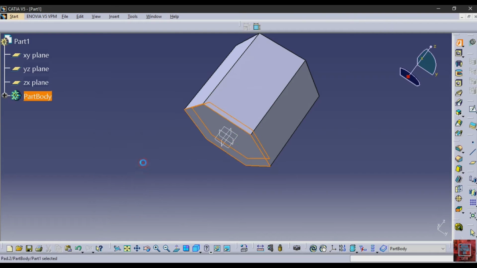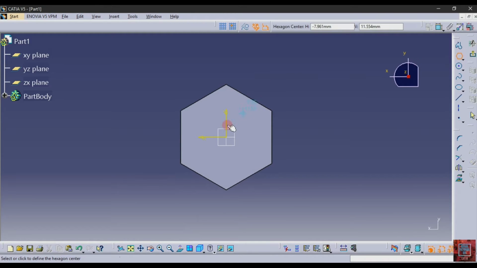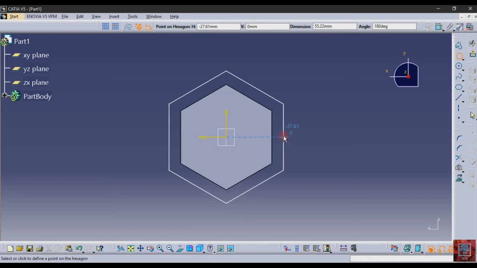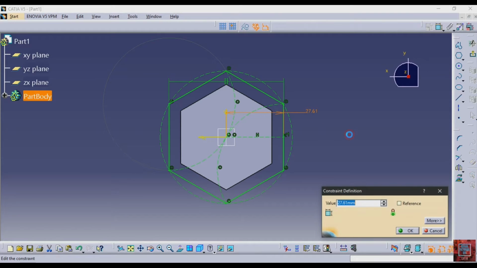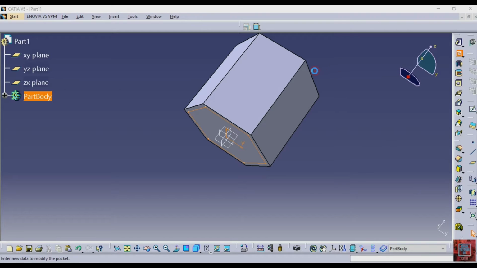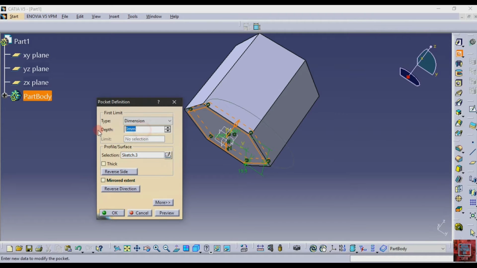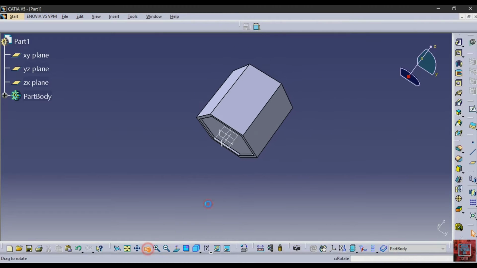Preview. Okay, this side is ready, and then again select this XY plane, then Sketch, then select the polygon hexagon, make a hexagon, give the dimension and double click on this and type here 39.8 divided by 2, and then exit sketch, and this time select a Pocket and reverse direction, and the depth of the pocket is 1.5. This bottom part is ready.